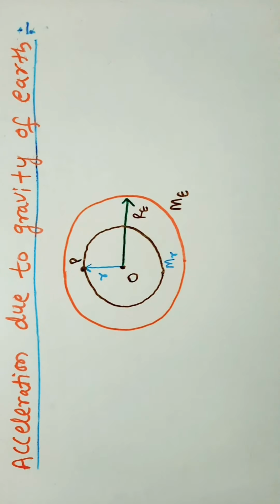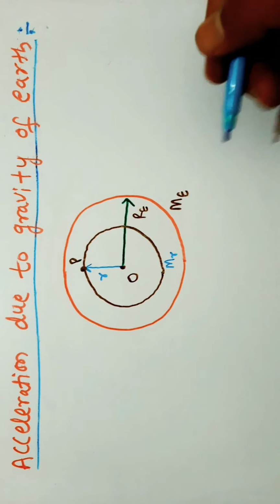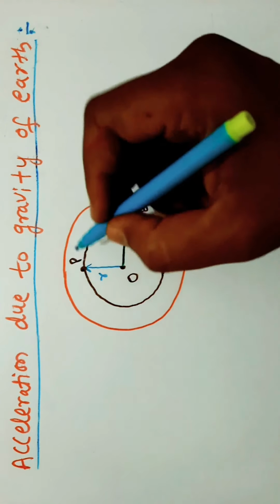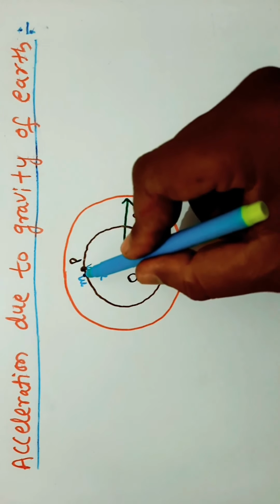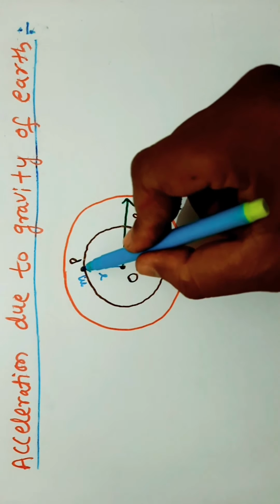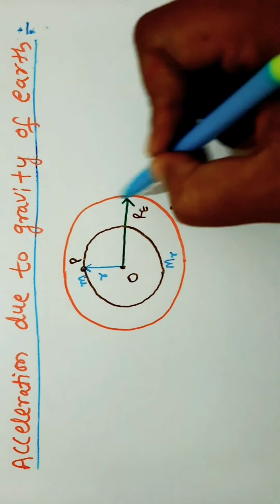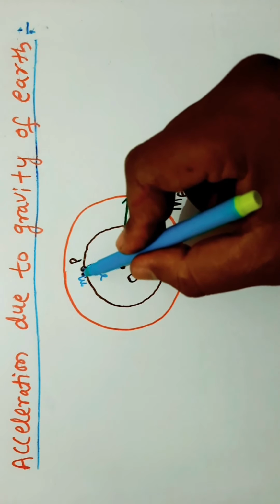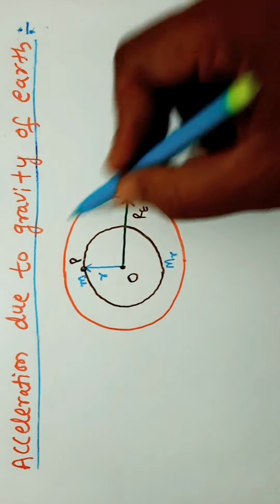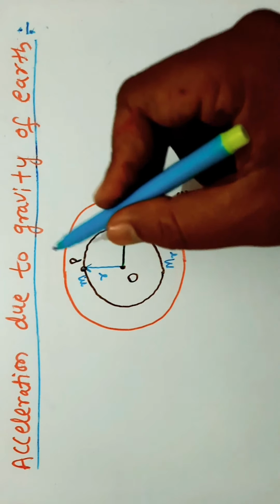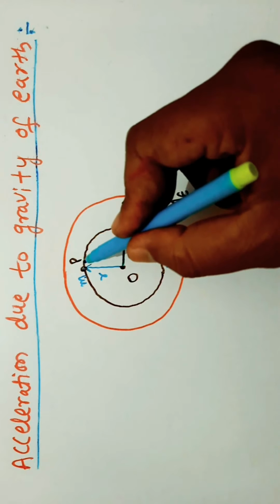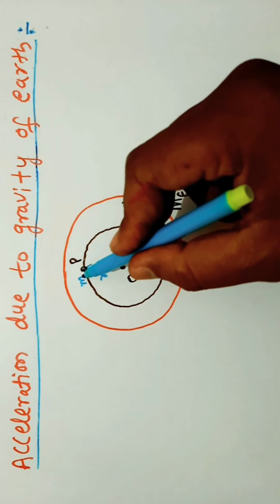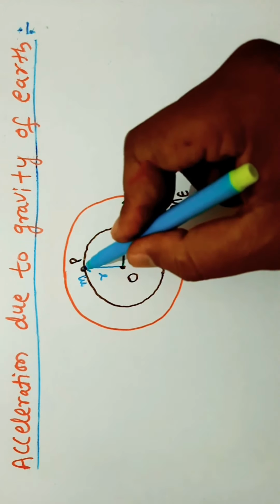If a point mass is kept at point P, the gravitational force on this mass due to the spherical shell is 0, because this mass is inside of the spherical shell. But the gravitational force due to the sphere is not 0, because this point mass is outside of the sphere.